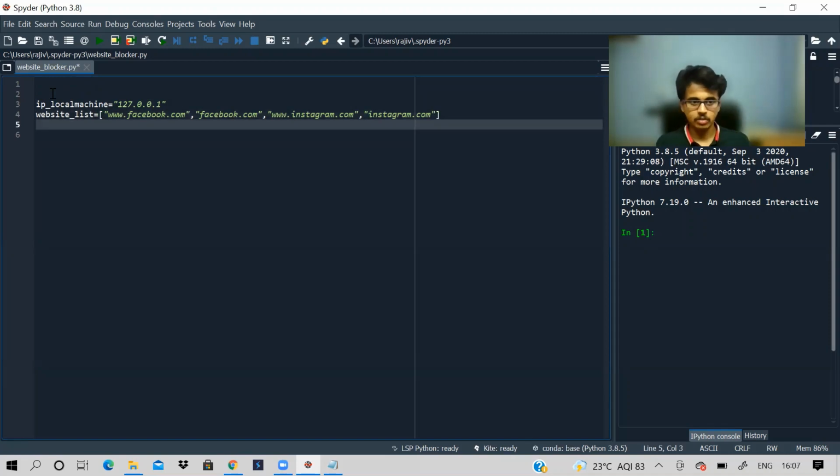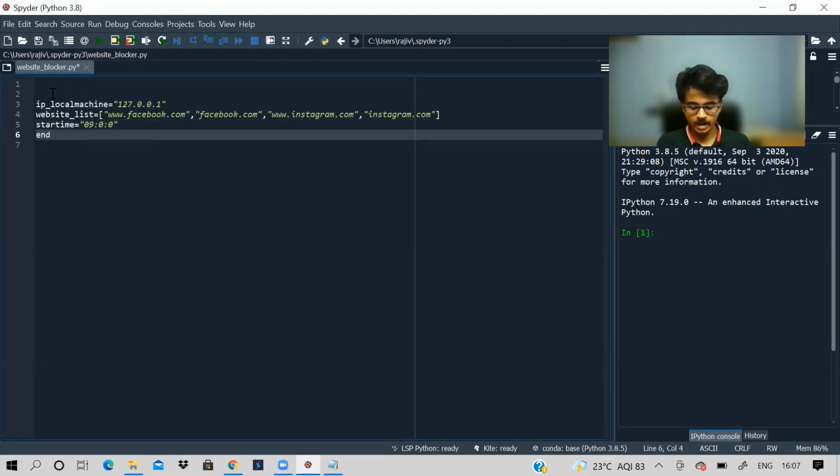Fine. But now we don't want to block the website forever. We have a specific time. Let us say in our working hours only we want to block the websites so that we don't get distracted. So we have to define our working hours, right? I'll say start time is equal to, when do we start working? 9 o'clock.